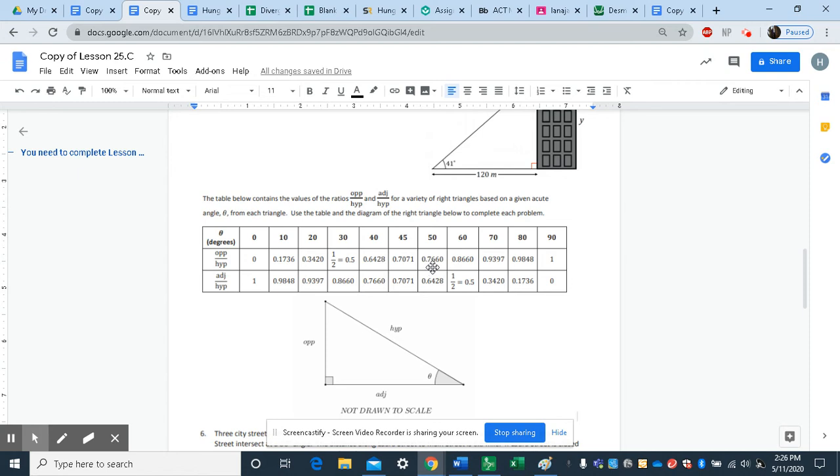We know that when we divide our triangle from our problem, the opposite divided by hypotenuse, we're going to get this number. And for adjacent over hypotenuse, we're going to get 0.6428. So now that we know, using our chart, what the numbers are going to be when we divide them out,